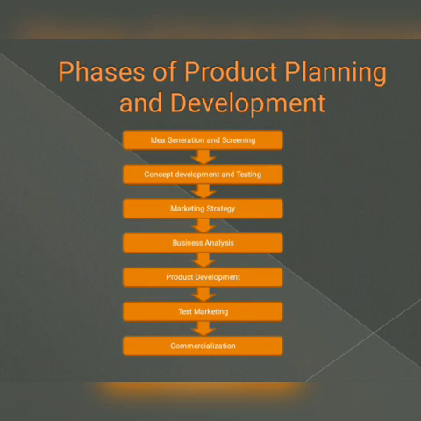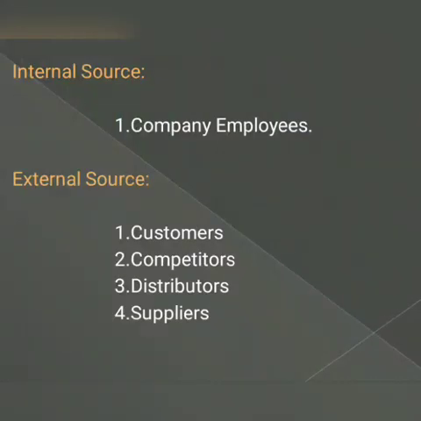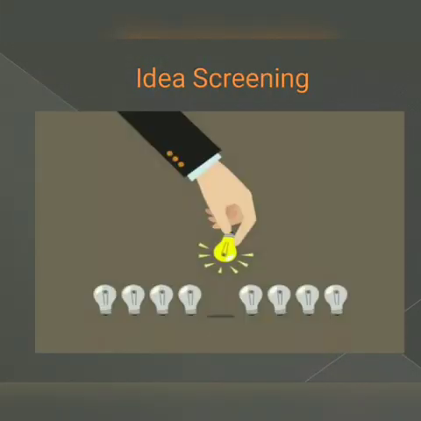The first stage is idea generation and idea screening. Idea generation is also understood as opportunity identification. Here the ideas come from either internal or external sources. In the internal source, the ideas come from company employees at all levels, whereas in the external source, the ideas are generated from customers, competitors, distributors, suppliers, and other outsourcing. The next is idea screening, which involves sifting through the ideas generated from various sources and selecting the ones which are feasible